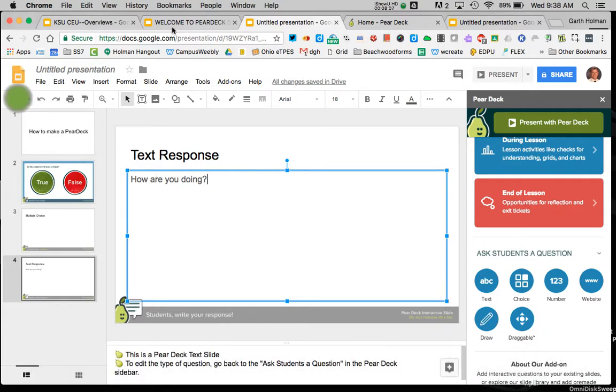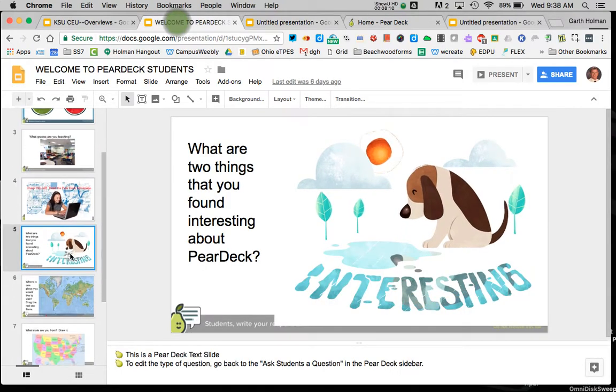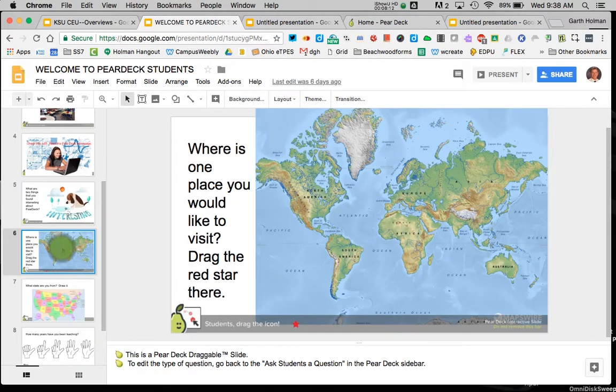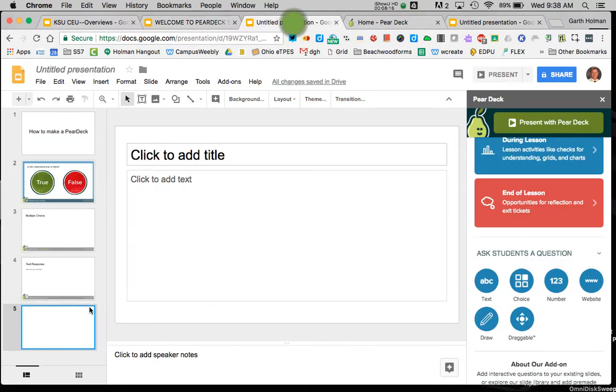Okay, the next option that we have here was a draggable. They can drag the icon wherever they want it. So this is good. I use maps a lot in my class. You can put images in there, different spots of the world they have to drag it to, or a state, whatever you may be studying. So you simply select a draggable slide here,